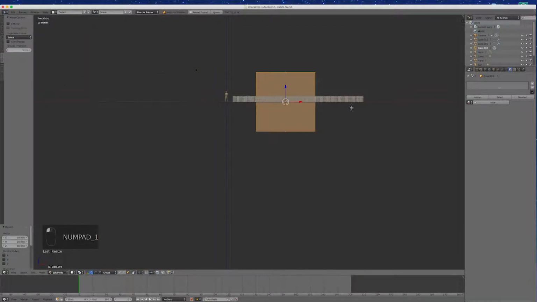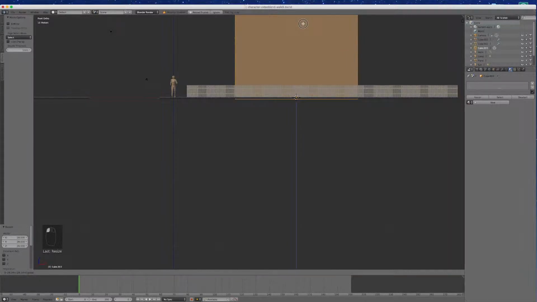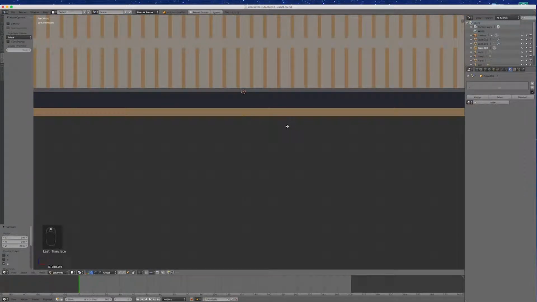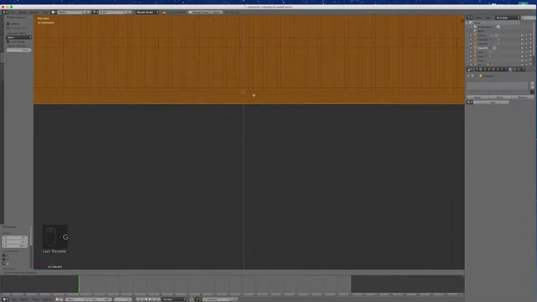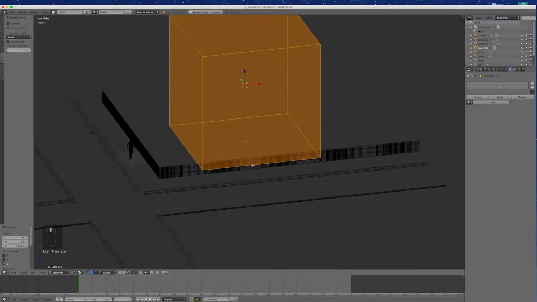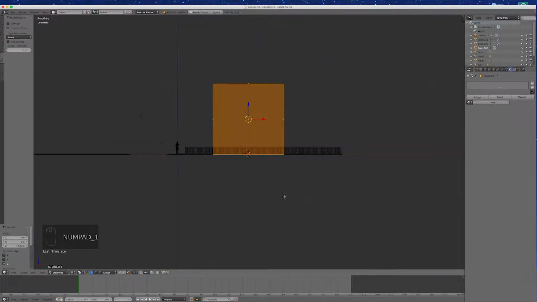I'll go 1 and just move it up. I'm just going to zoom in and go Z for a sec, and go G to move it, and go Z to move it up to lock in the Z axis. And I'm just going to position it on the ground plane there. Now I'll go 1 again,